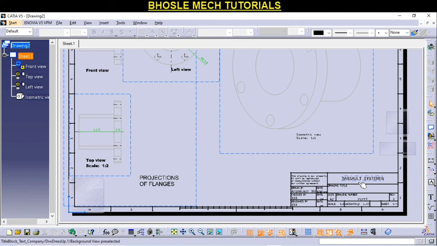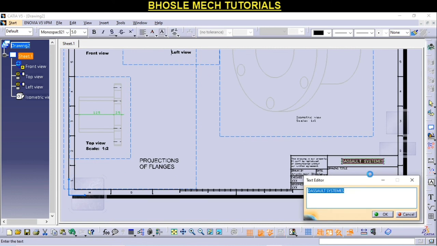If you want to change these wordings, you can change them. Now here I will change it to Bhosle Mac Tutorials.